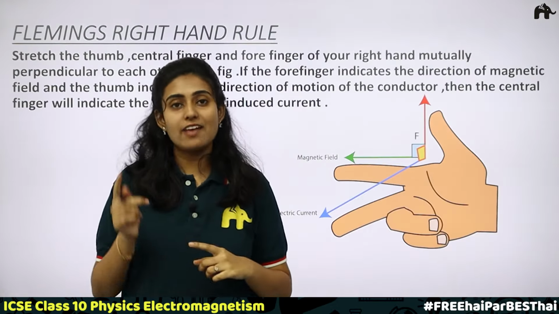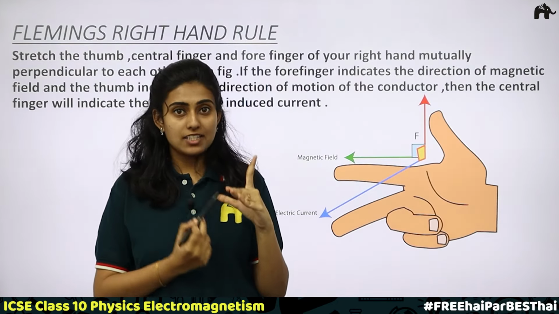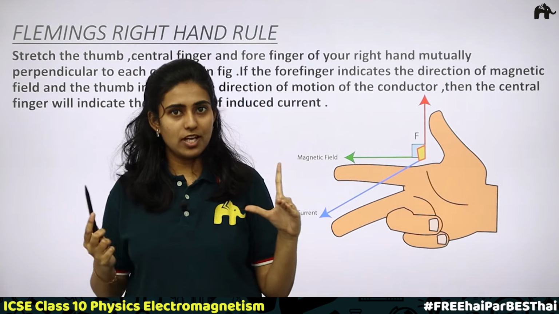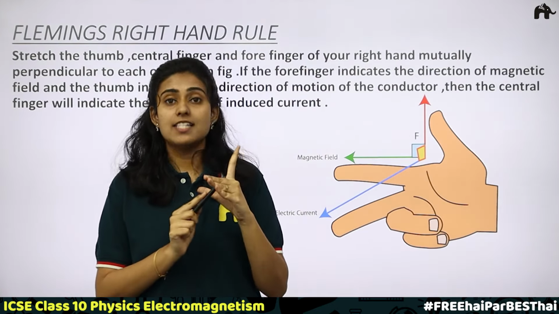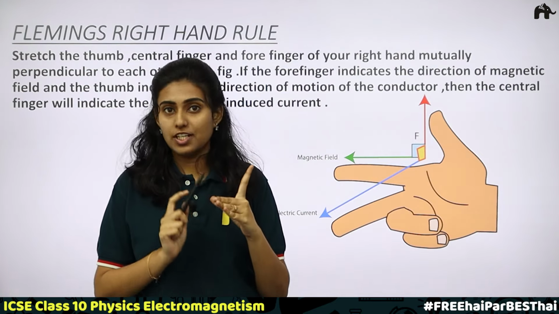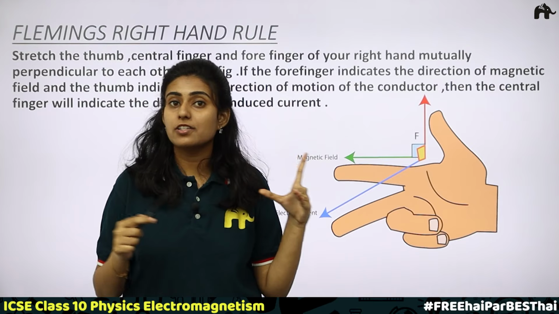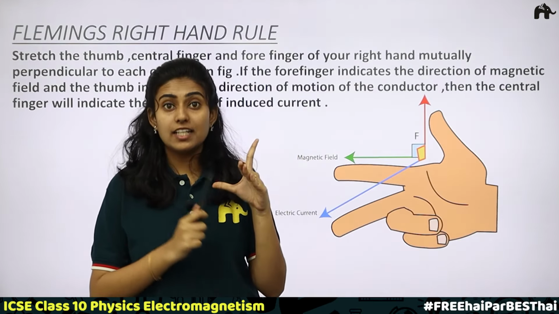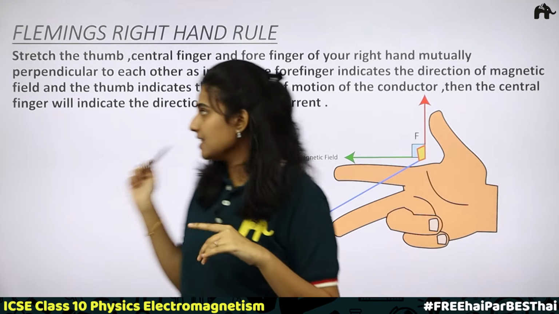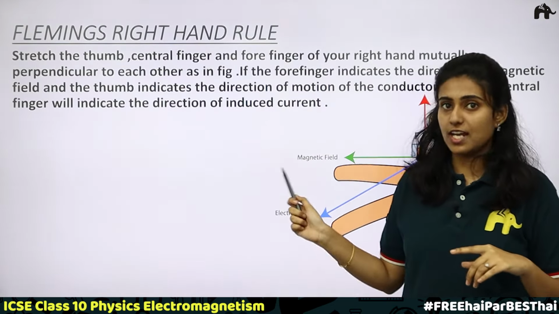Fleming's right hand rule. We have studied Fleming's left hand rule. If you stretch the forefinger, middle finger and thumb of your left hand mutually perpendicular to each other, if the forefinger shows the direction of magnetic field and the middle finger shows the direction of current, then the direction in which the thumb is held shows the direction of force or the direction of motion of the conductor. Now here you are finding the direction of force. But in this case, in order to find the direction of induced current, we are using